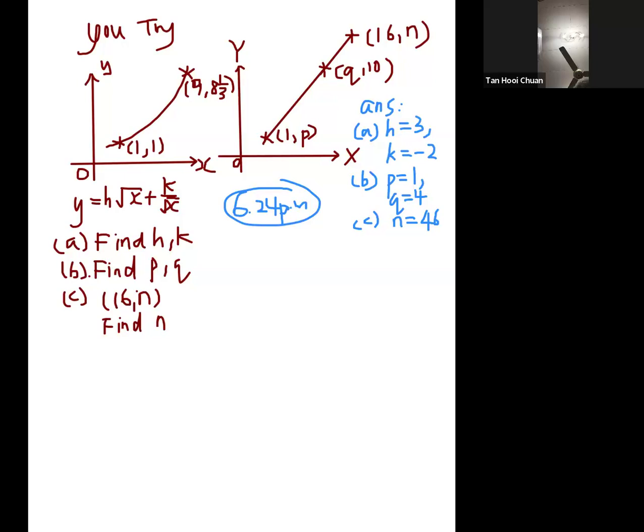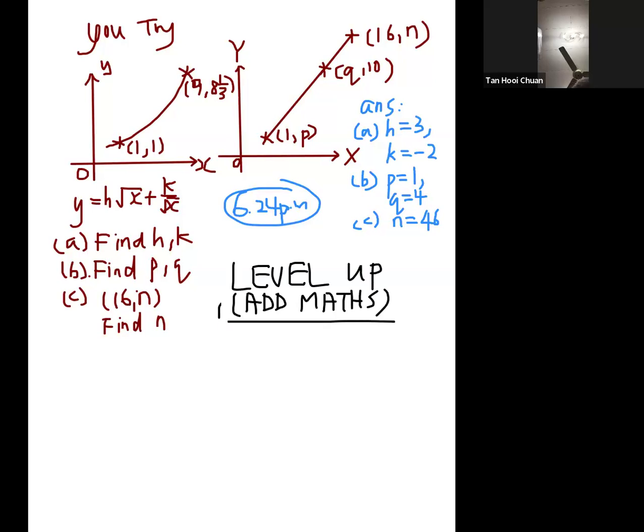Okay, you have two things you need to do. First one, make sure you do Level Up, add maths of course. Level Up first one. Page, add maths, I need to write down later. You do Level Up first. Hebat, you can bring it to school because you've got the solution already. Bring it to school. For those who can't get it, let's say you did not come to the physical class, and you are also lazy to come and see me,